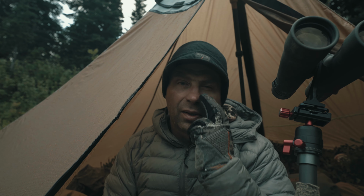The bucks are in a state of growth where their antlers are in velvet, and there's just the full nutrients going into their body, and they really, really absorb as much as they can through the heavy feeding season, and then their body starts to shut down to conserve the energy and the fat stores that they've built up, so that they'll be able to survive the winter. So you get back to basics once they've grayed out, and